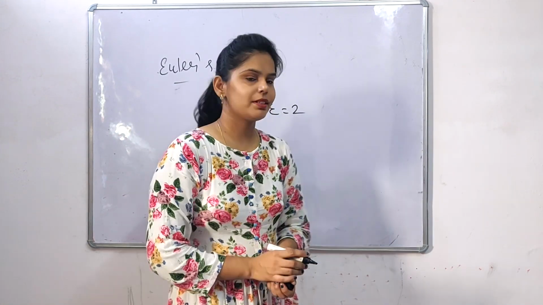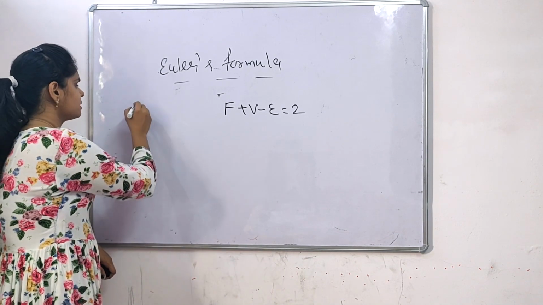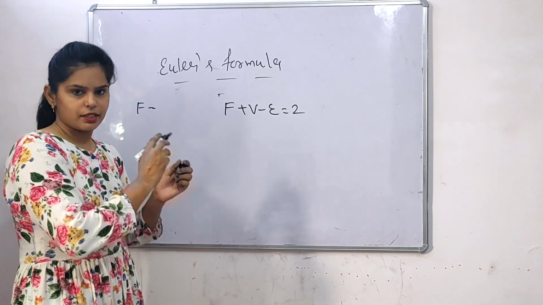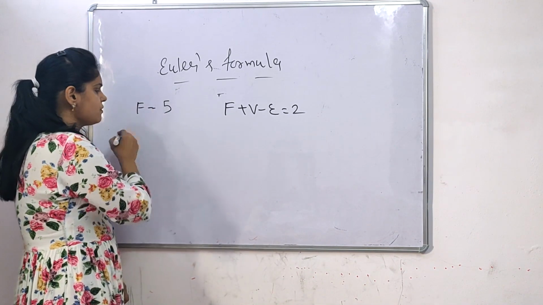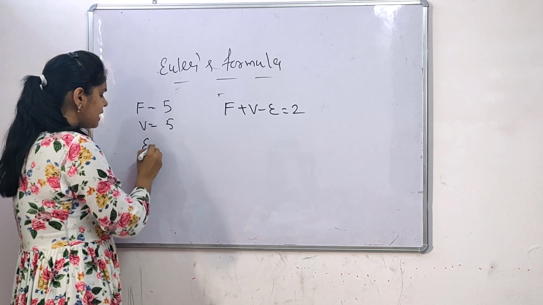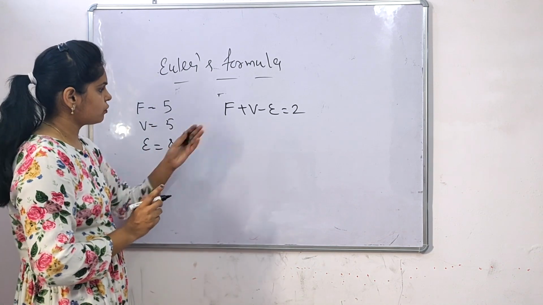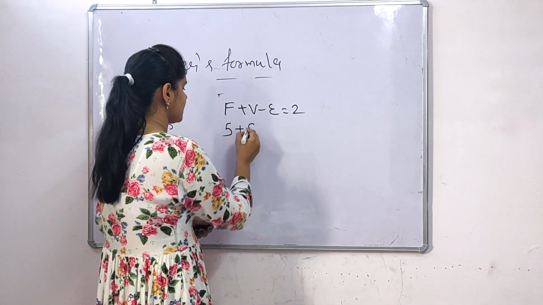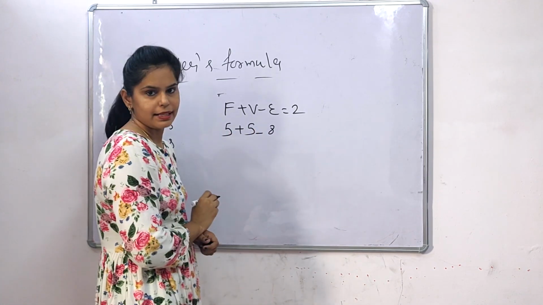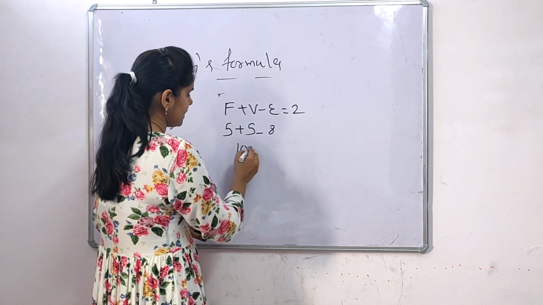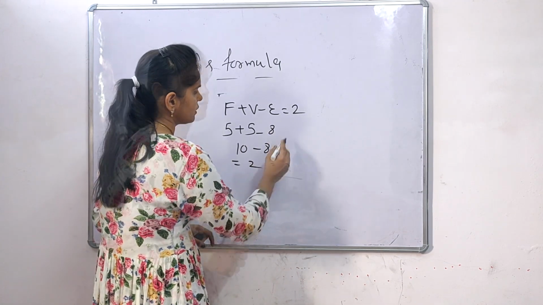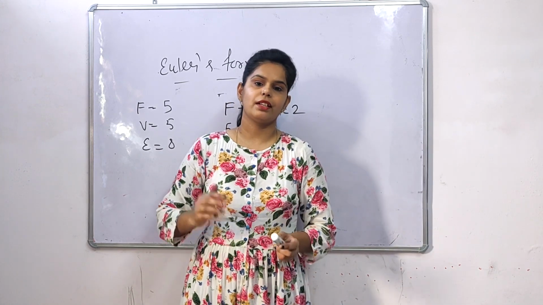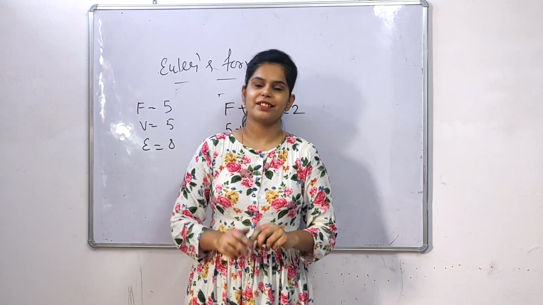So we can take the example of a square pyramid. In the last question we discussed the faces, vertices and edges of a square pyramid. So faces were 5, vertices also 5 and edges were 8, right? So we can put this in this formula. Faces 5, vertices also 5 and edges minus 8. So 5 plus 5, 10 minus 8 equals 2. So 2 equals 2. It means we can put this formula in every shape and we can verify our sum with this formula. So let's come to the next question.